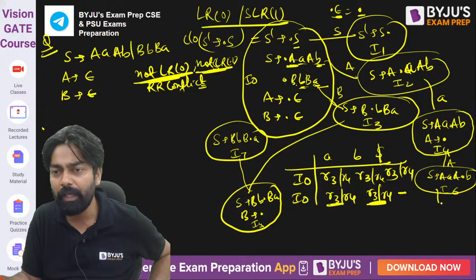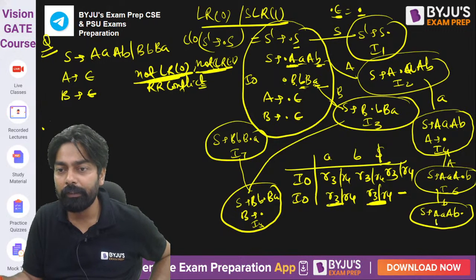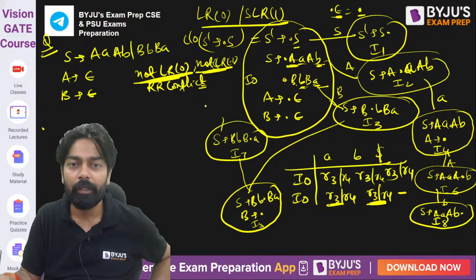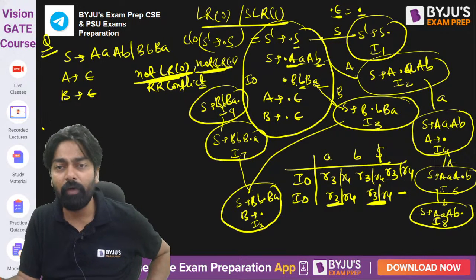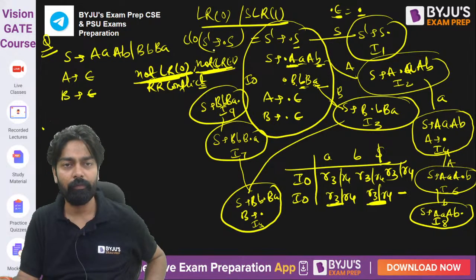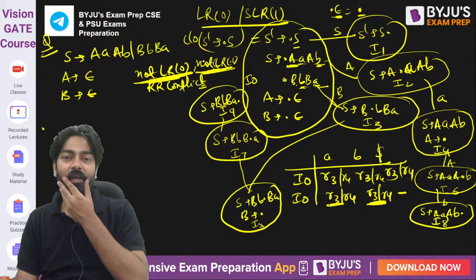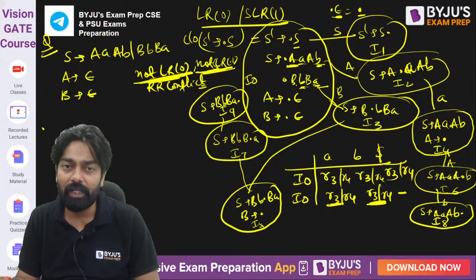Fine. Now we have what? B. So S goes to A B dot, I8, and here we have S goes to B A dot, I9. So my dear friend, in total we have 10 states and we have only one inadequate state, and this grammar is not LR0 and not CLR1. Okay, so if the grammar is LR0, I am telling, it is definitely SLR1,